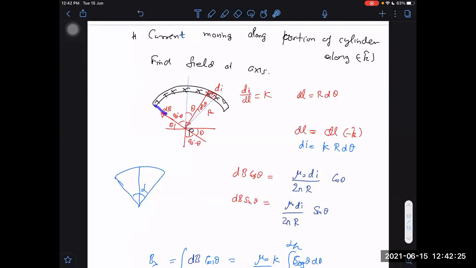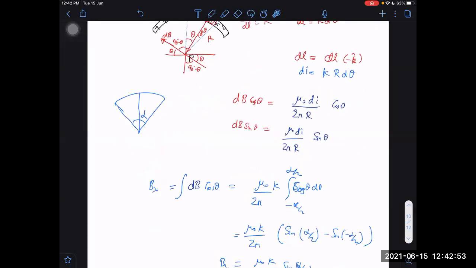0 to alpha will be if I take theta from here. Then I will take 0 to alpha. But here theta is defined with the line of symmetry. I am taking angle theta with the line of symmetry, so it will be minus alpha by 2 this side and alpha by 2 that side. If somebody takes it from this side, then he will do that only, but for his case some other things will be there. His complete derivation will change. The answer will be the same at last, but his derivation will be in a completely different way.